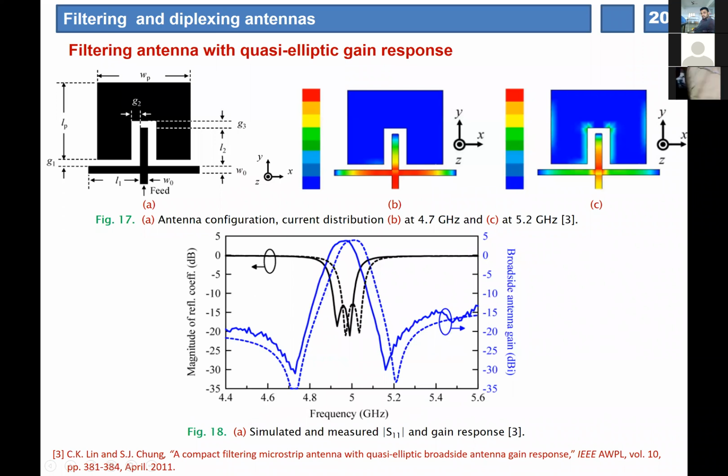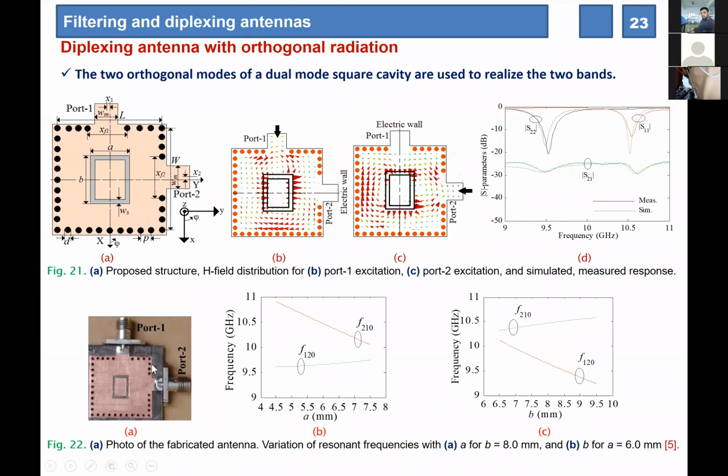In this structure, this is one of my designs, and further it is modified in another paper that is not included in this presentation. I added one more cavity at port 1 and port 2, and that actually improves the isolation because a higher order filter provides higher rejection. At the same time, that coupled structure will increase the bandwidth.